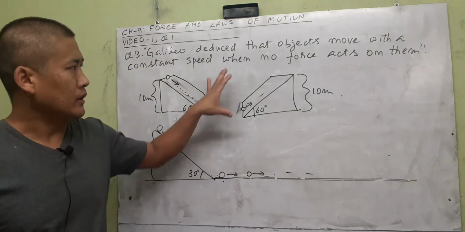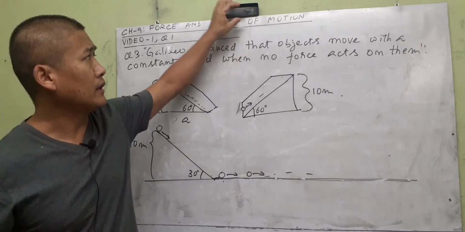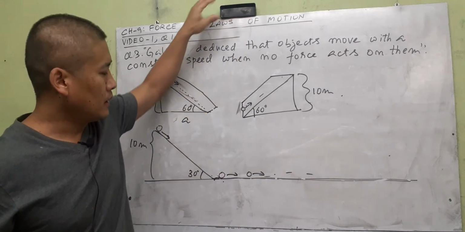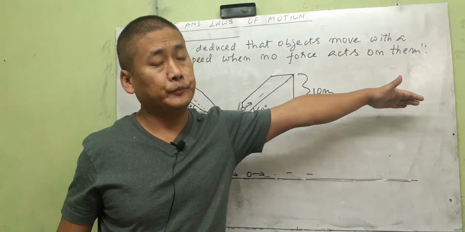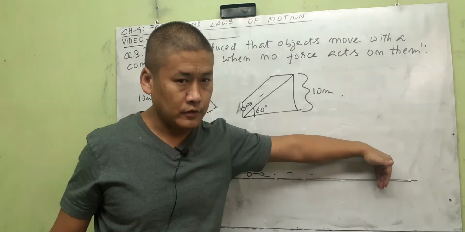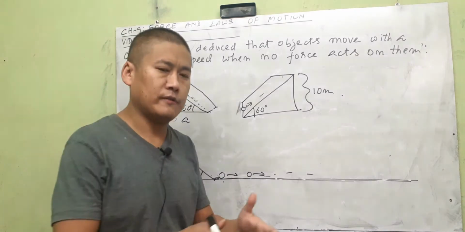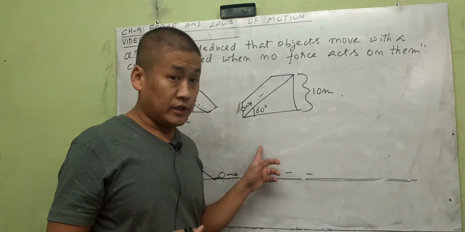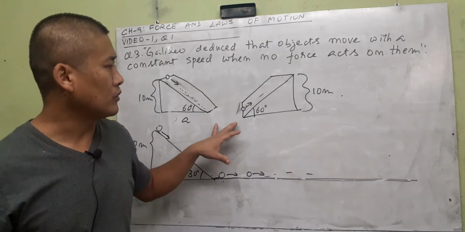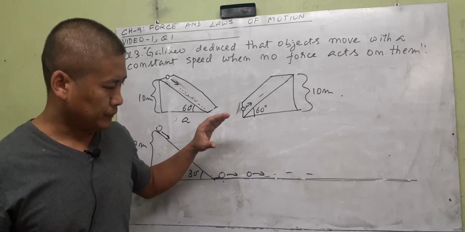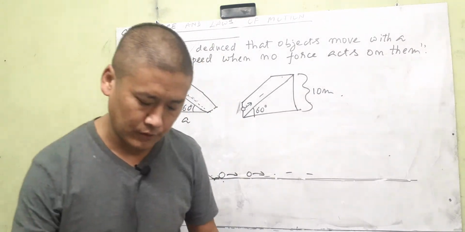It's called inertia. And this discovery that an object that is put at rest like this will forever remain at rest until somebody comes and applies a new force, or a body that is rolling on a perfect horizontal surface will continue to move forever until somebody applies an external force, this tendency of a body to remain at rest if it was at rest, or continue in motion forever if it was in motion, is called inertia. And this discovery of inertia gave rise to Newton's first law of motion. So Newton's first law of motion got its derivation. The idea came from Galileo's discovery. Okay, this one. So let us go there.